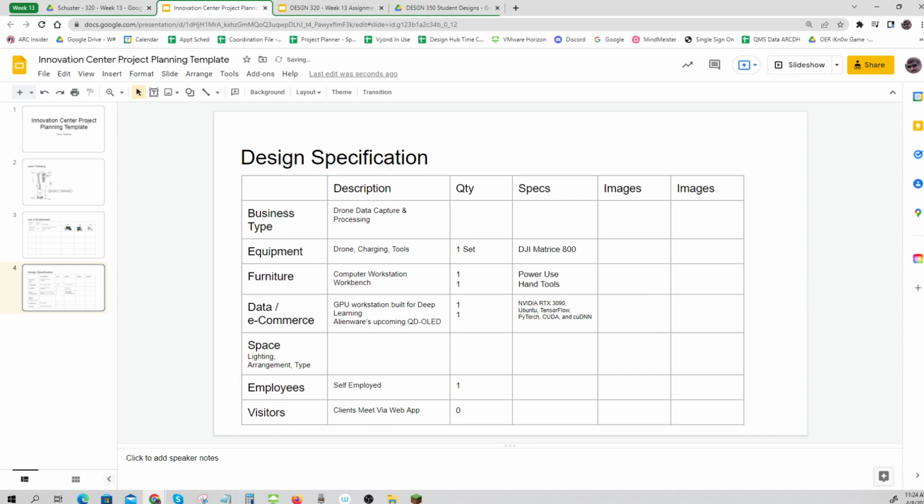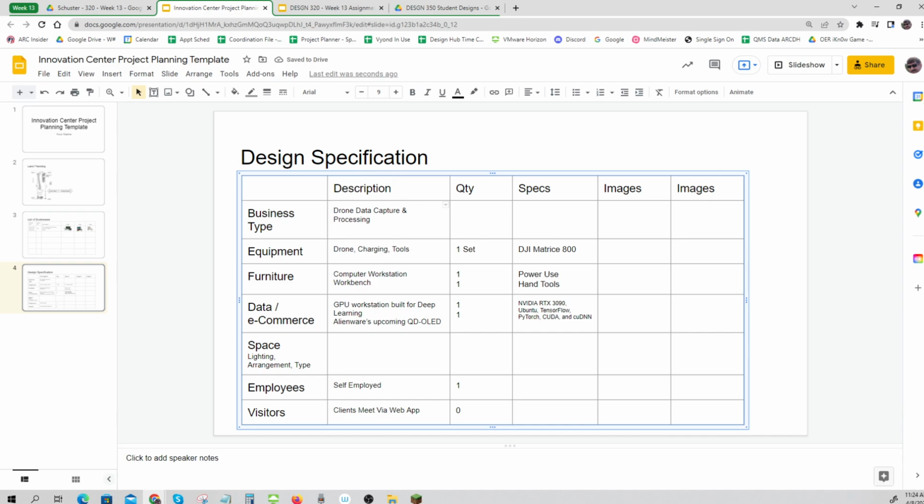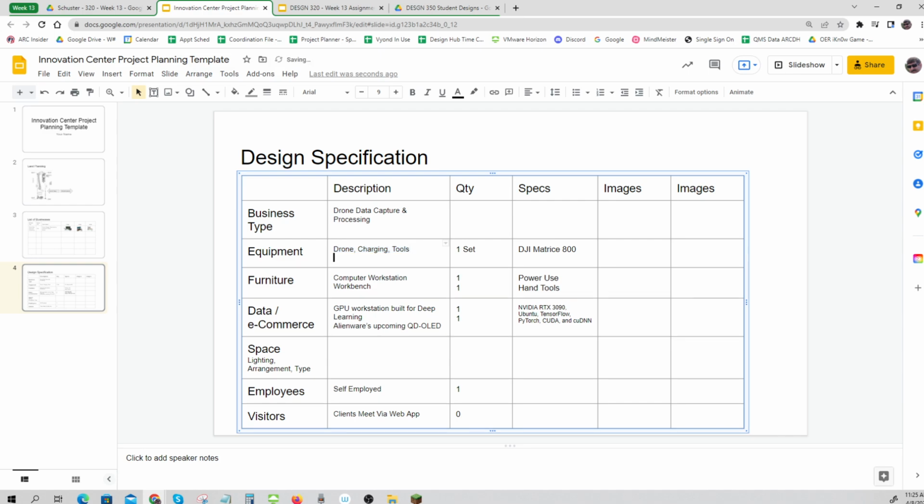So for the business type, again, you can put some of the same images that you've got before, but now you'll need your equipment. So I've said I want a DJI Matrice 800. Maybe I want a special camera. Maybe I want a special controller. Maybe I want some infrared. So as I put my list of equipment together, drone charging tools,